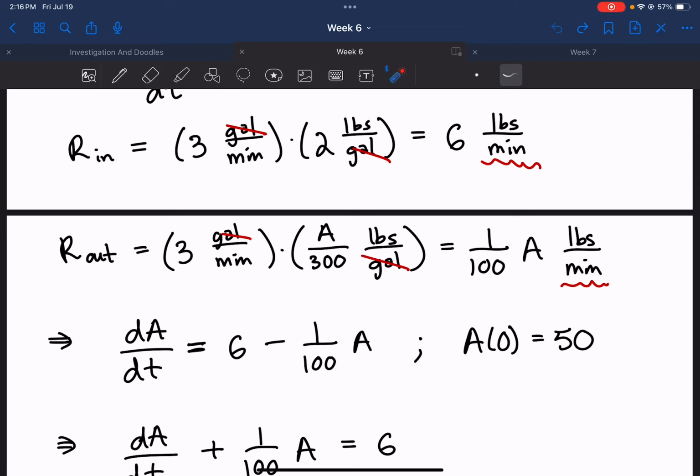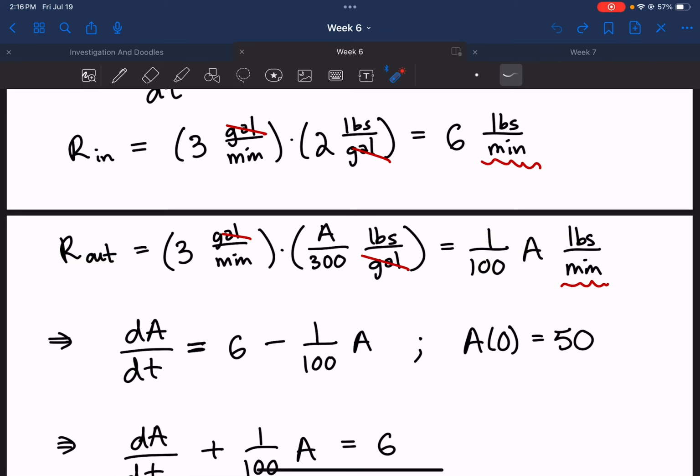So it's the amount of salt, which is A pounds at any time, divided by 300 gallons. That's the concentration. And if I multiply that by 3 gallons per minute, I should get pounds per minute. So the out rate is 1/100 A pounds per minute,